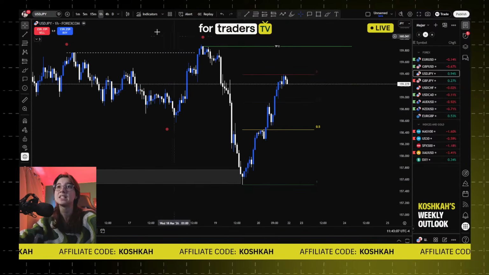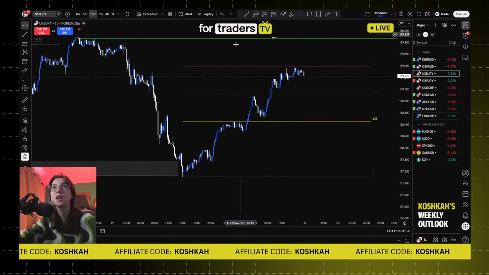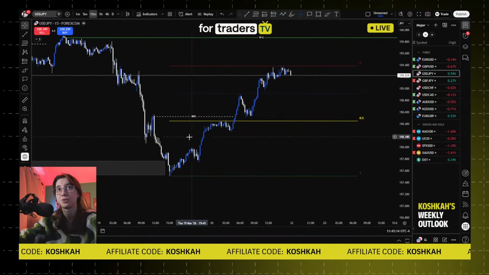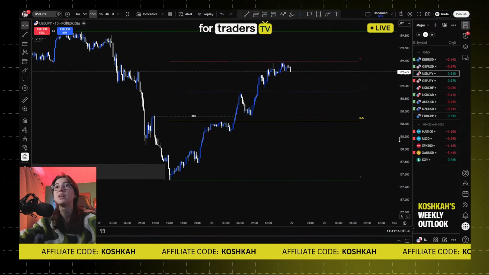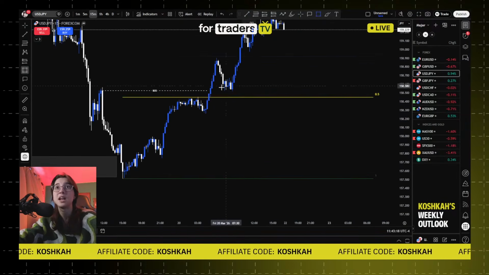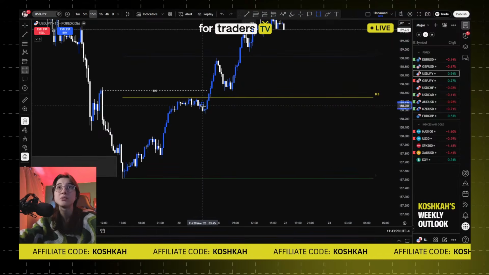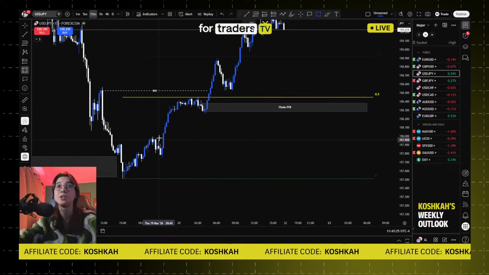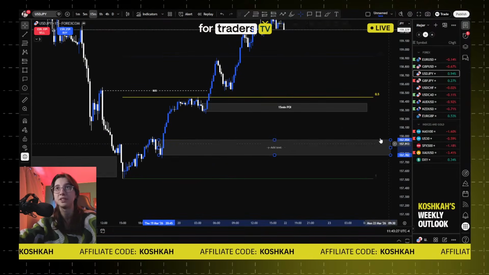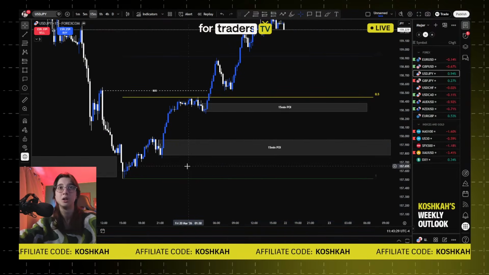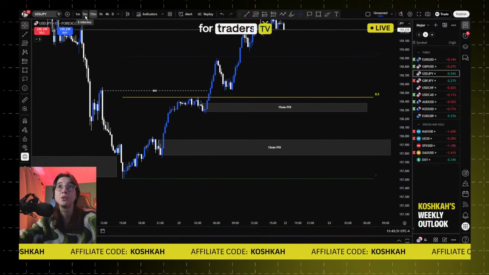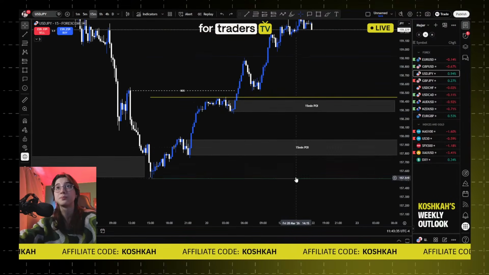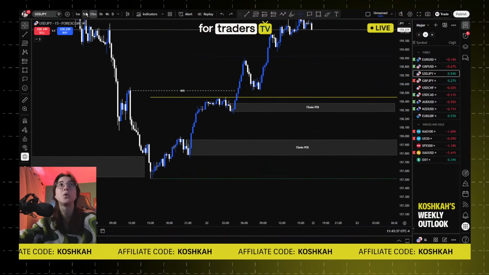So in this case, as this is the range, we got our 15-minute break of structure / change of character to the upside here. We're going to be identifying your POIs and your entries. In this case, we're going to start always on the 15-minute. So we have a 15-minute POI here. We have a 15-minute POI here. And that's it. Now we're going to go on the 5 minute.